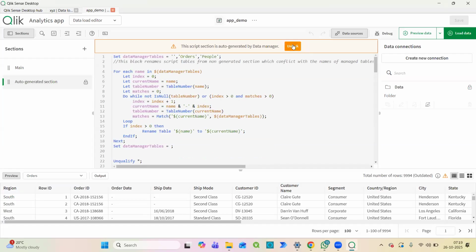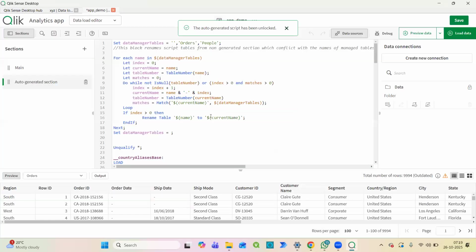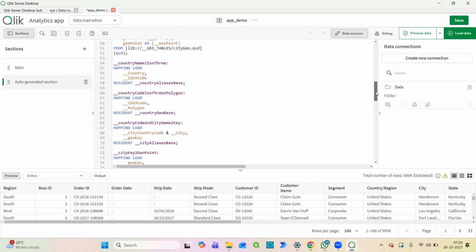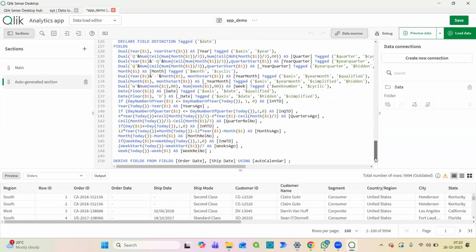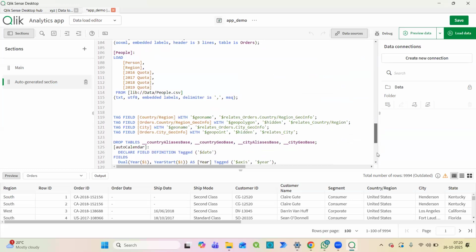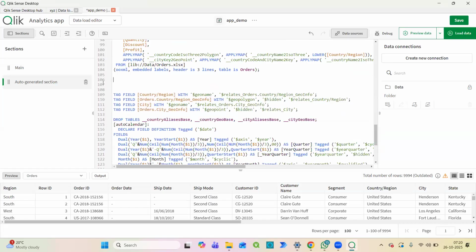So if you want to make any changes, that is also possible. Here you can add anything, and if you want to remove anything, that is also fine. If I want to remove just the people table, I can just remove that and then run it. So that is also possible. But now I want to load the data in another way, so I will delete this entire section